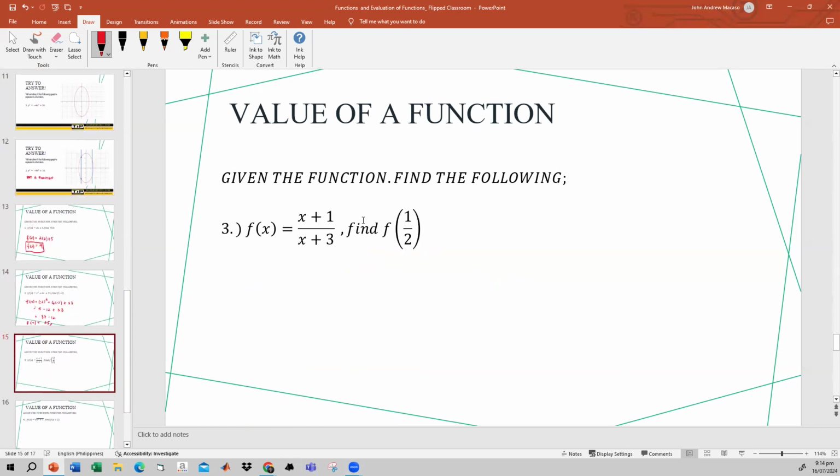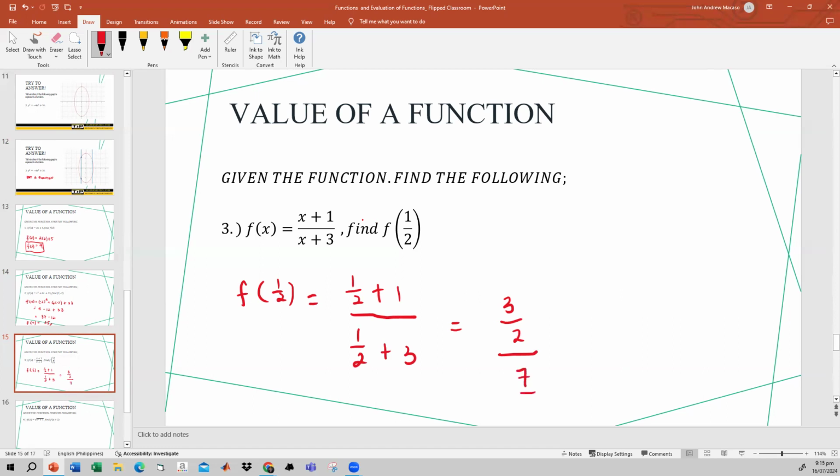Okay, what's next? Given the function, find the following. We're asked to find f of 1/2, given that f of x is equal to x plus 1 over x plus 3. So f of 1/2 is equal to 1/2 plus 1 over 1/2 plus 3. This will be 1/2 plus 1, that's 3 over 2, all over 1/2 plus 3, that's